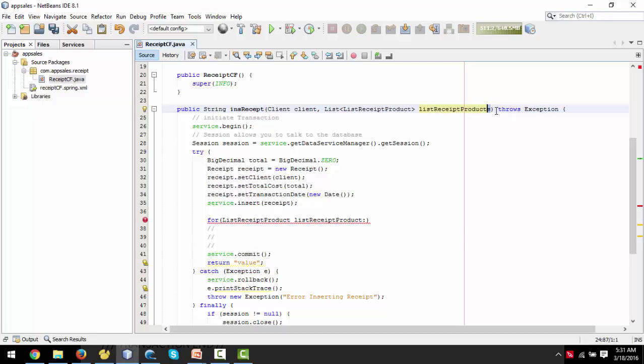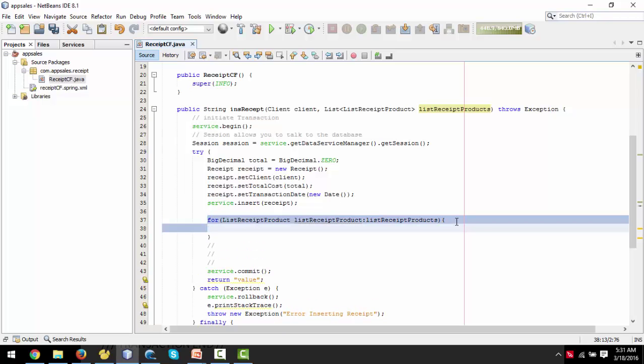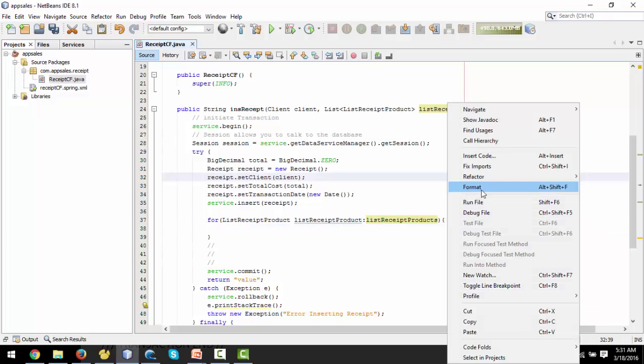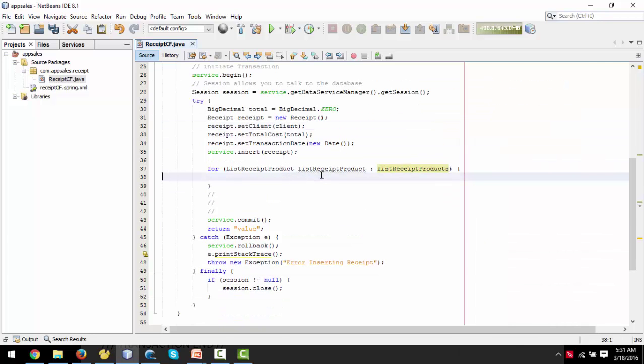I'm gonna add a little s here to show that this is the list item and this is the single item in that list, and the single item of this list is of this type. So I hope it's not that confusing. And we're gonna open and close braces, and I'm gonna be cycling through these things here. Let's do a little format so it looks neat. So now we have